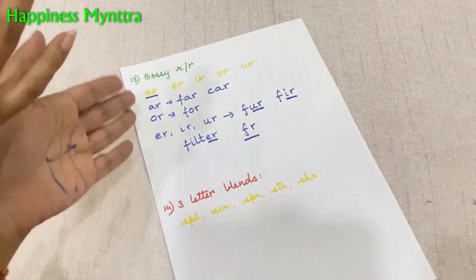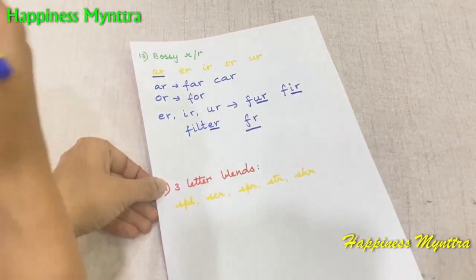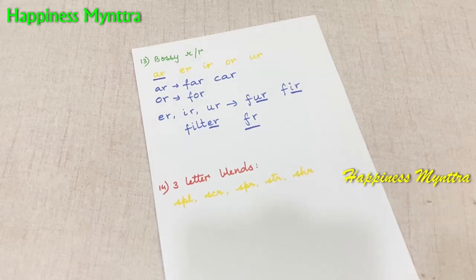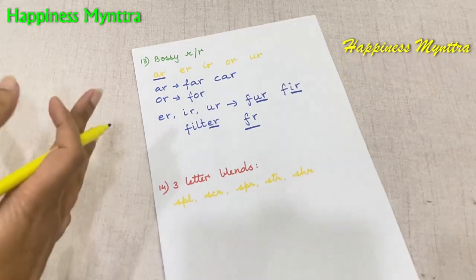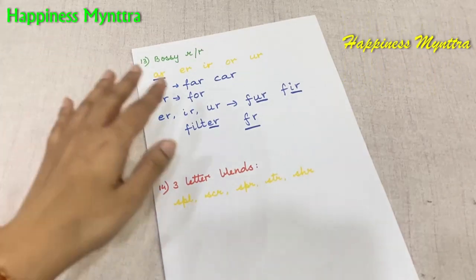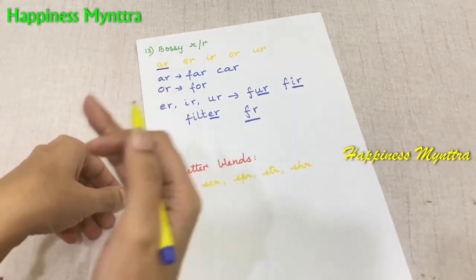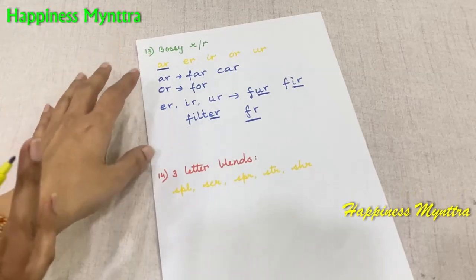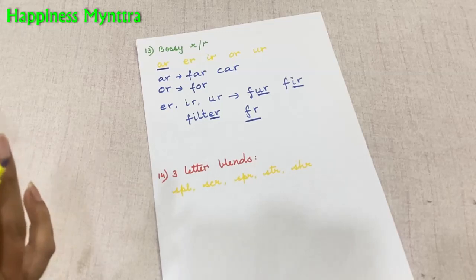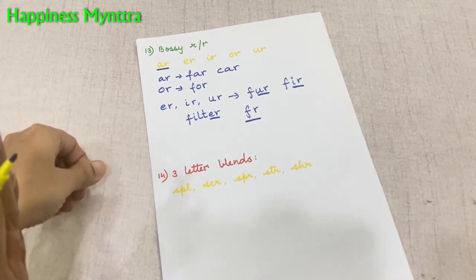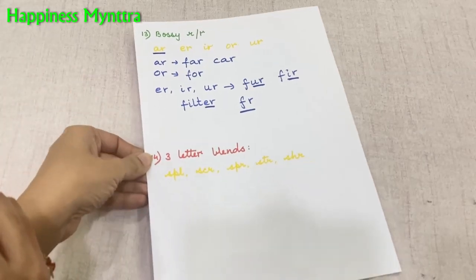Again, words with Bossy R need a lot of practice. They need a lot of experience in terms of reading as well as spelling, so that the children get familiar with it and are able to use it comfortably. Again, this rule comes more towards the end so that they are more familiar with the other patterns and the other rules and are not completely bogged down by this one. So I prefer to pick it up towards the end when they're feeling more comfortable with all the other rules, which are simpler and easier and cover at least 50% of their general reading and spelling.